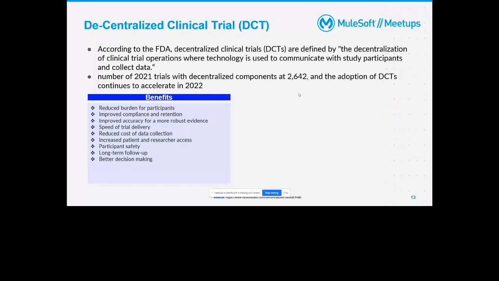And the advantage is that it reduces the travel requirement for the patient. Participants can be anywhere doing their own work, but still they will be monitored. Patient retention, obviously because of this, the retention rate is very high. Speed of trial is very high because real time data is being gathered.